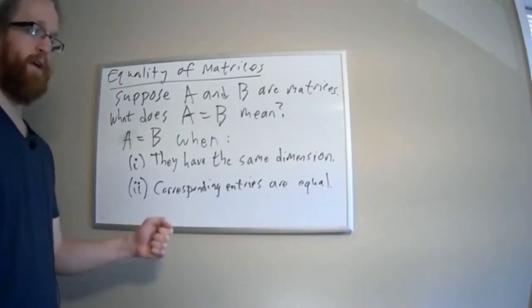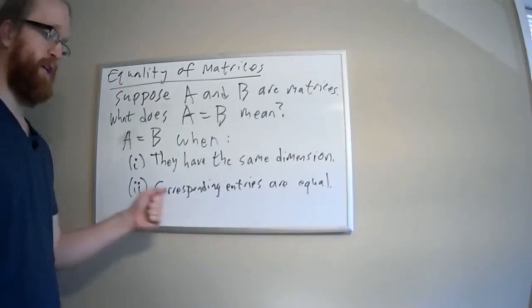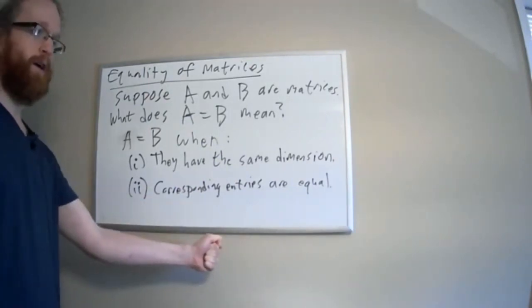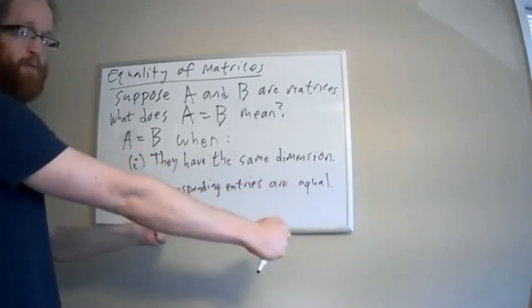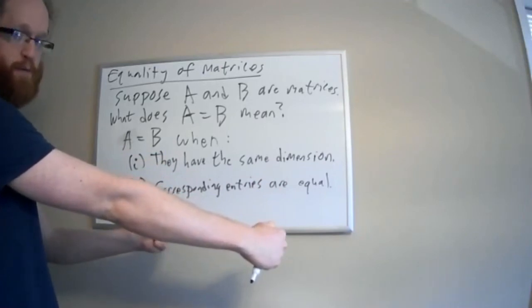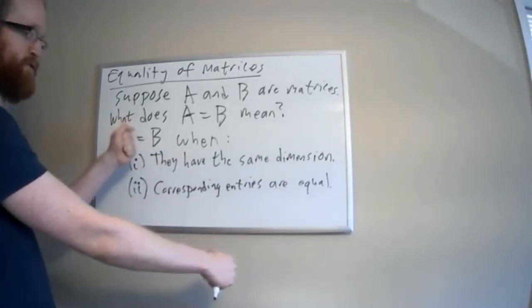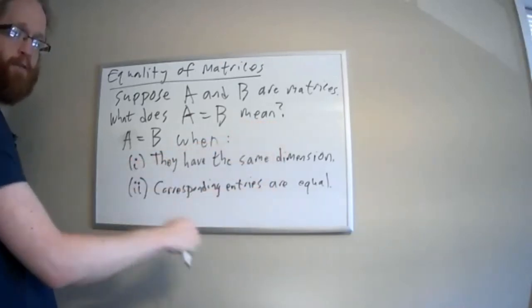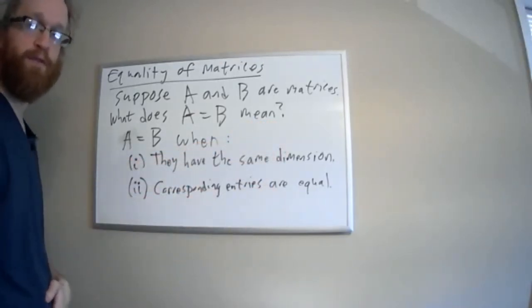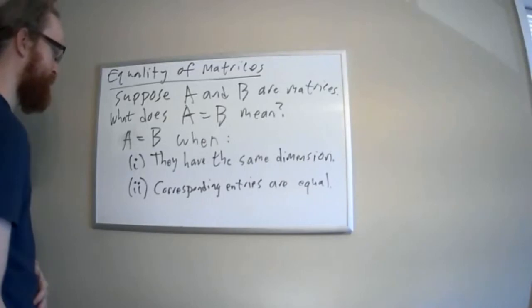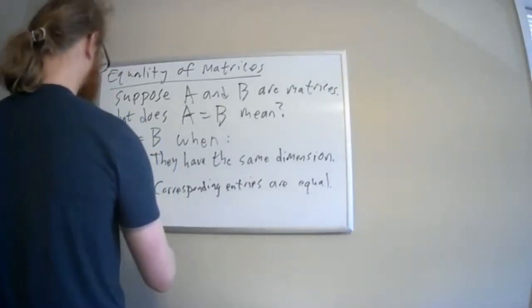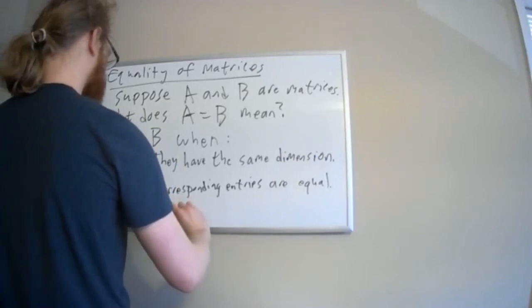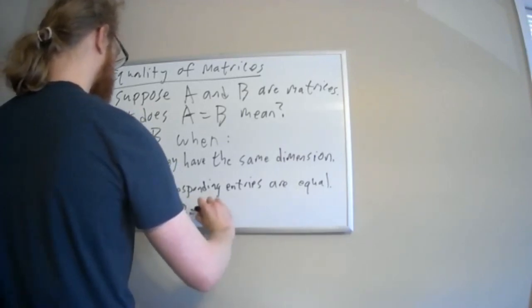So I could go to the first matrix and I could go to an entry. I could go to, I don't know, the second row and the third column. And I could go to the second row and the third column in the other matrix, and I could ask if those numbers are the same or not. And if they're different, then these matrices aren't the same. But if they're the same, no matter which entries I pick out correspondingly, then they have to be the same matrix. If I wanted to say this in the abstract way, if A equals Aij and B equals Bij,